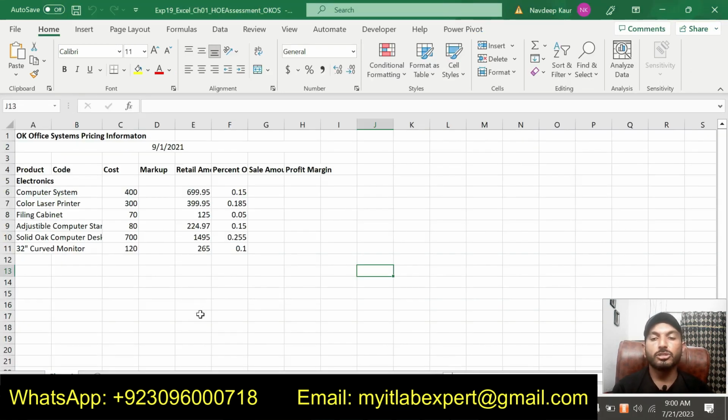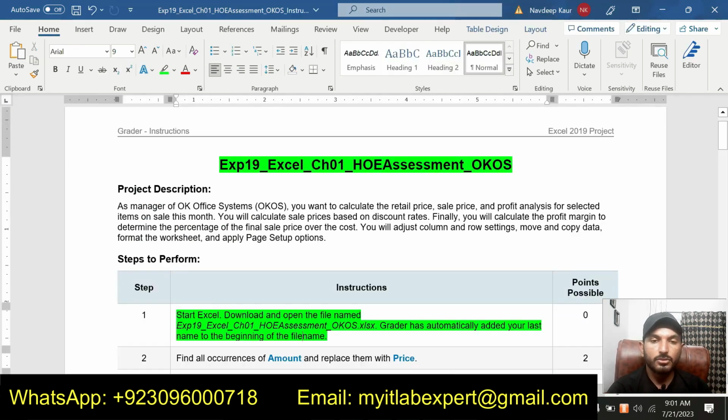This is the file where we are supposed to apply all these instruction steps to get this assignment done. You can download this from your My ATLab dashboard. When you download it, your name will be added to that file. So step number 1 is just about downloading the Excel file. That is why we will move to step number 2.